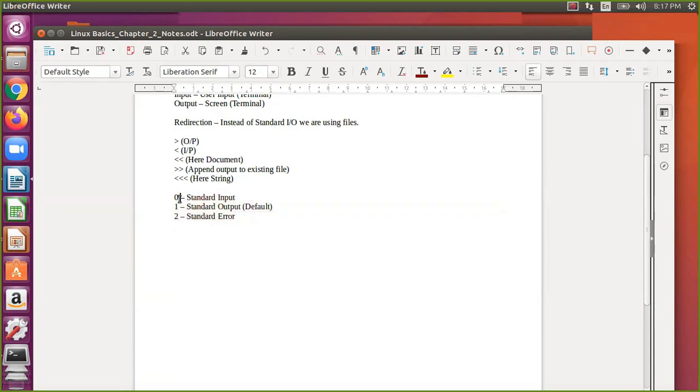If you open any other file, that will be the 4th file or 5th file, and so on. Generally these files are created by default, and each has a file descriptor ID. 1 is only for the standard output.